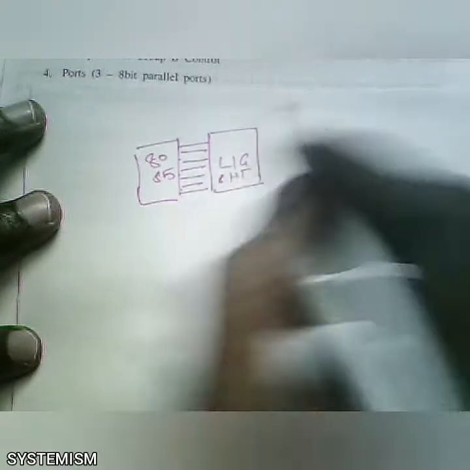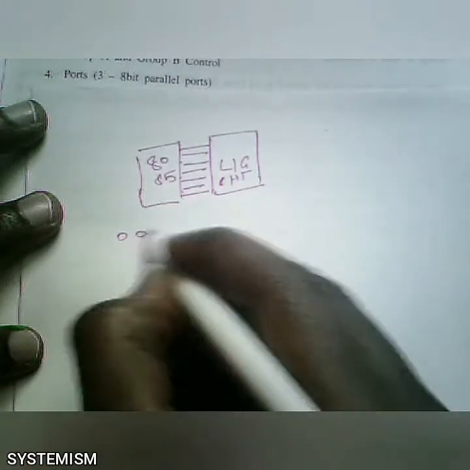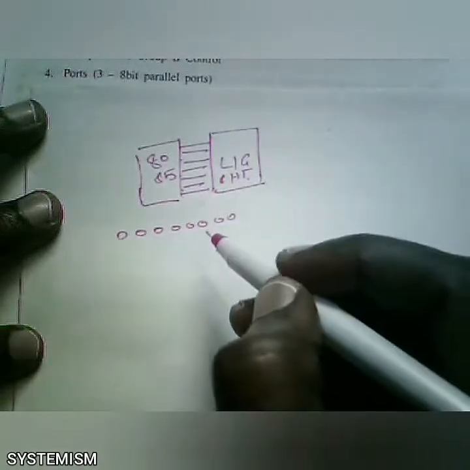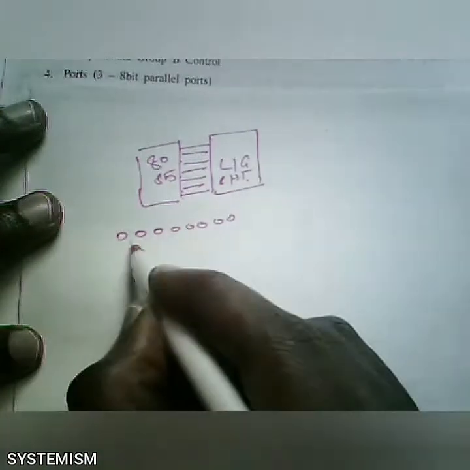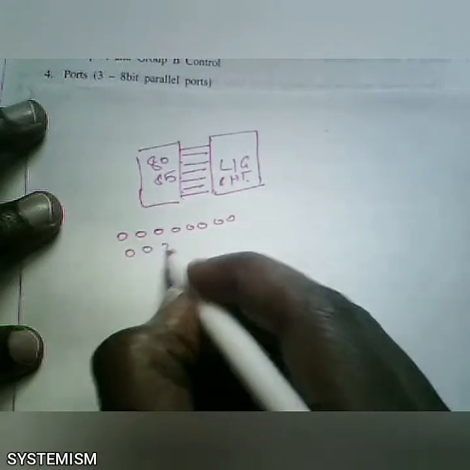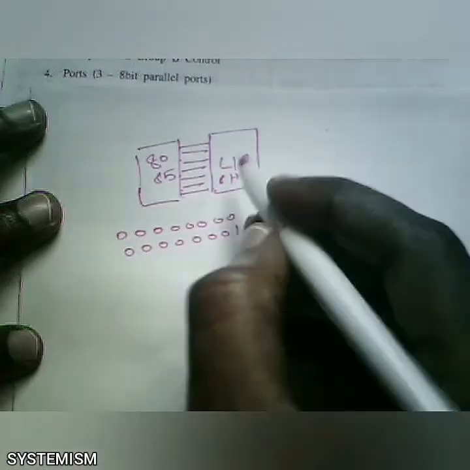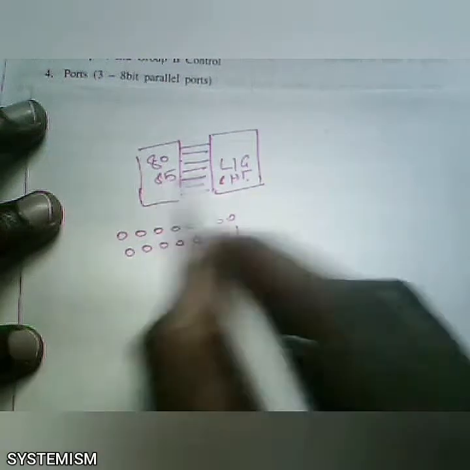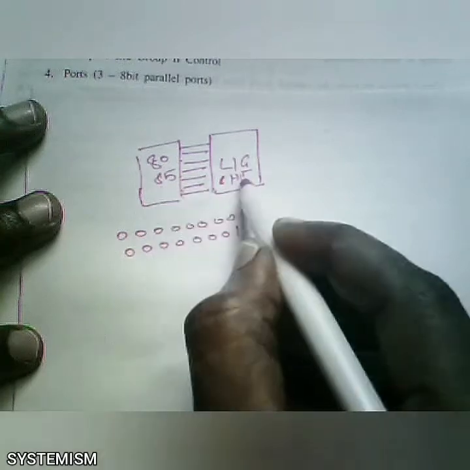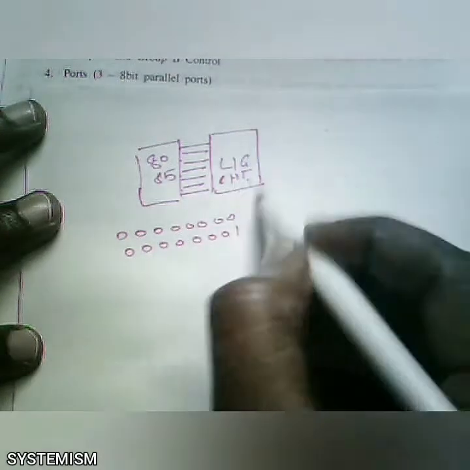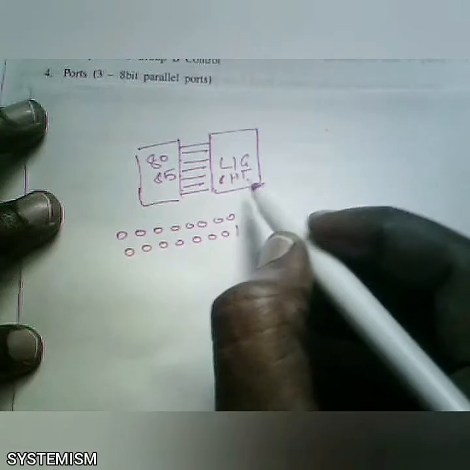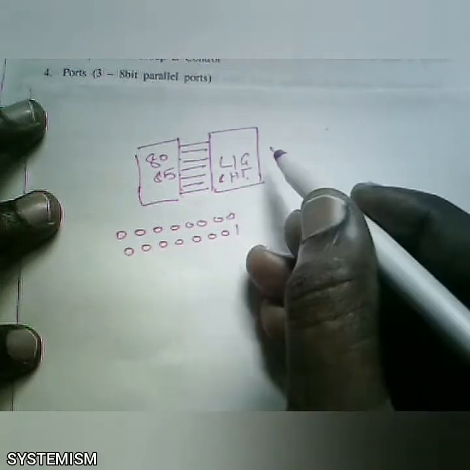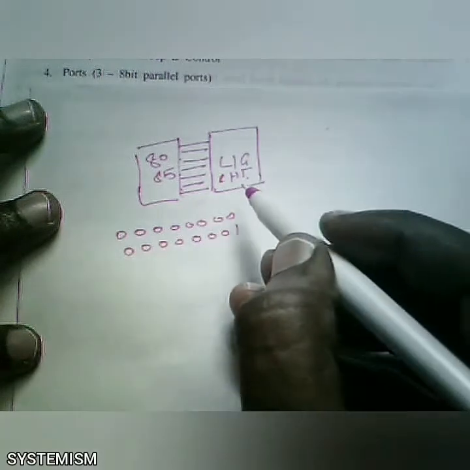If you are transmitting data of 00000000, the light will not glow. This is called parallel communication. Next, if it is 00000001, the light will glow very slightly. So this is called a parallel communication between the 8085 and the IO devices. This may not be a light; it might be some other IO device, such as a CD, or some other device.